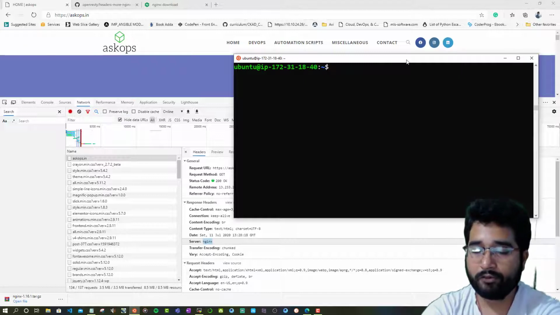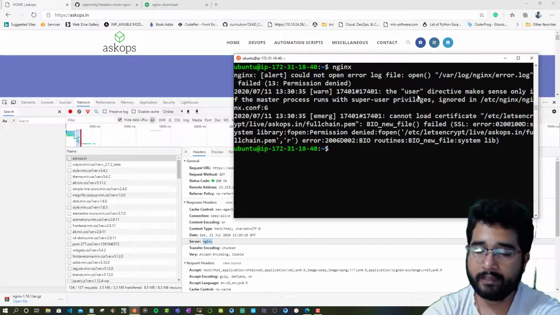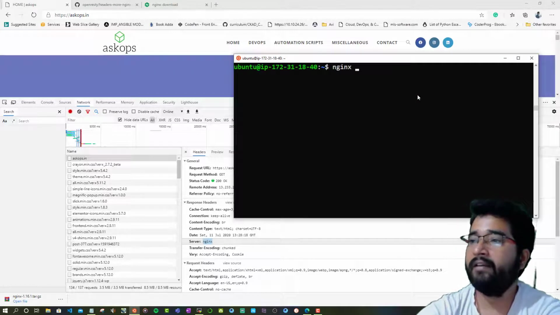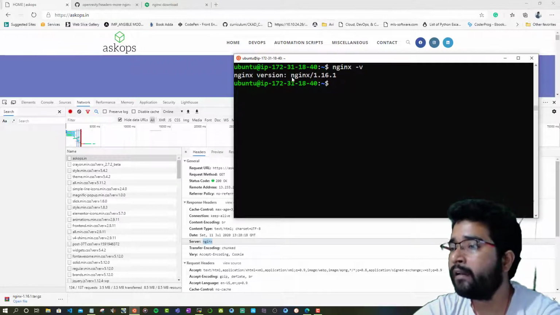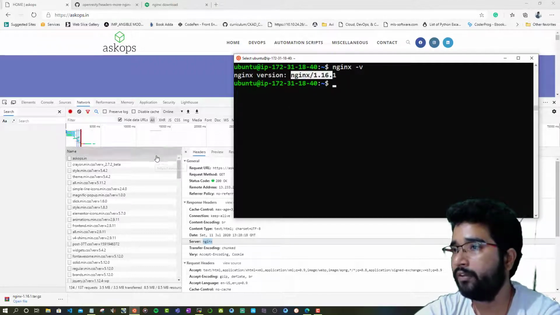Now I will show you which version of Nginx I am using. If I run nginx -v, it will return the Nginx version. The two things I now require are this Nginx version in the form of a tar file, so that I can extract it,